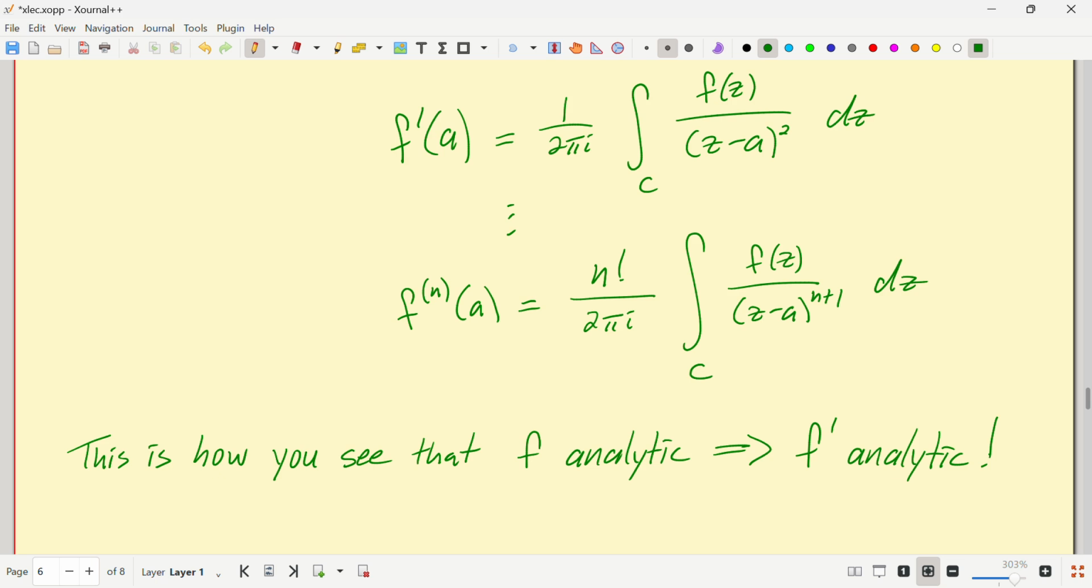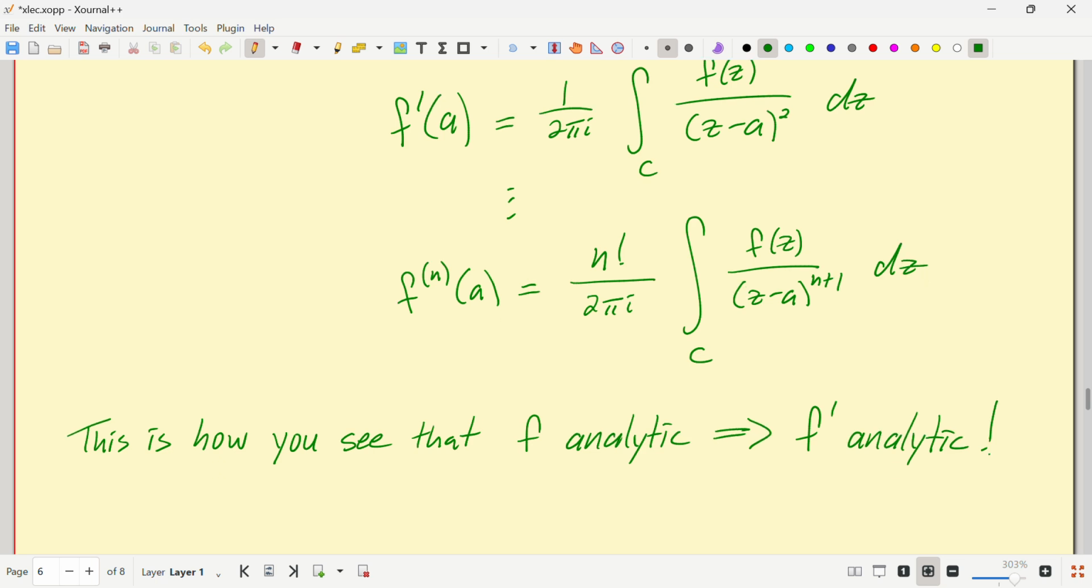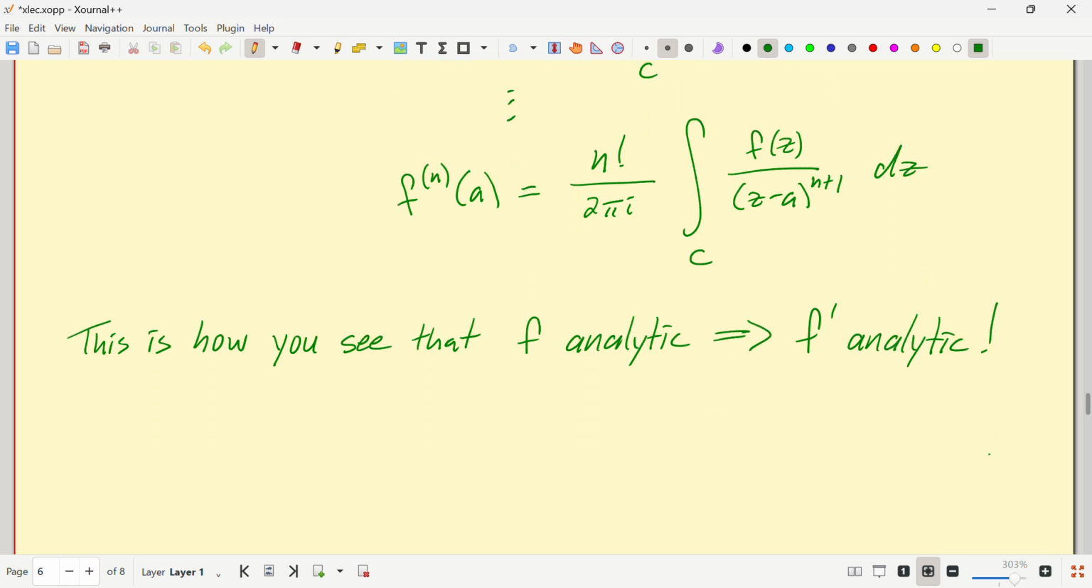Yeah, so that's amazing that we can get the Cauchy integral formula and suddenly start deriving all these mind-blowing properties of analytic functions. By the way, this implies that f is equal to u plus iv, where these u